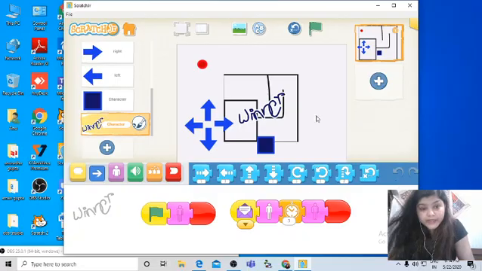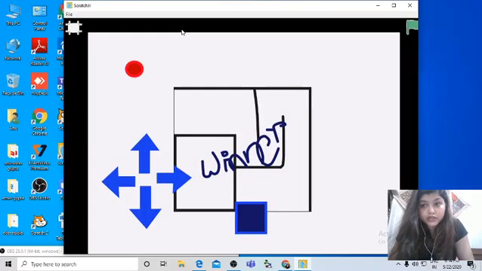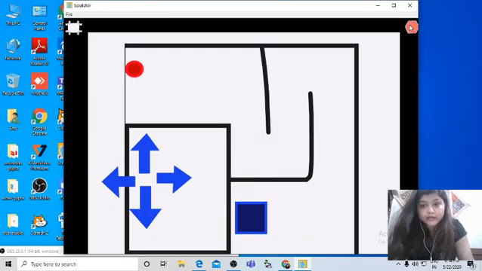Now let's play that game. For playing the game, I'm switching the mode. I'm clicking on the presentation mode and then you need to click on the green flag button, and by using the arrow keys you can move your red dot.